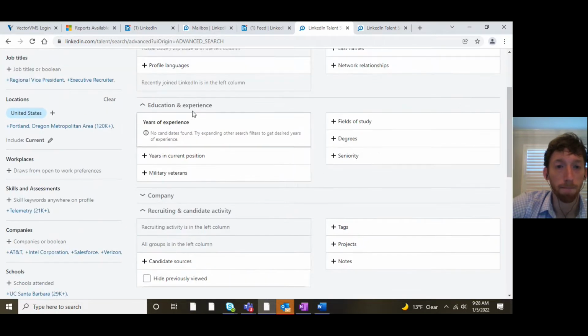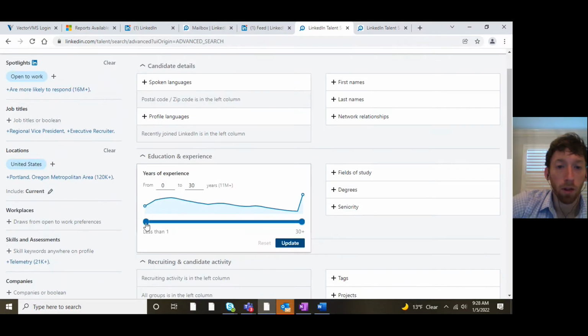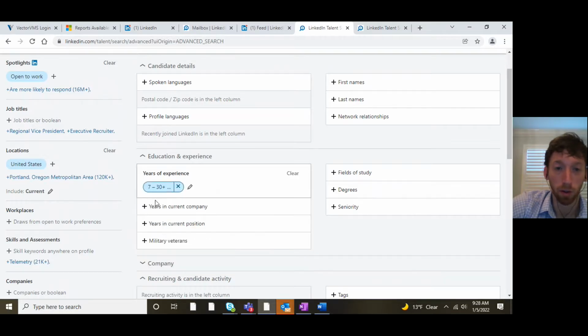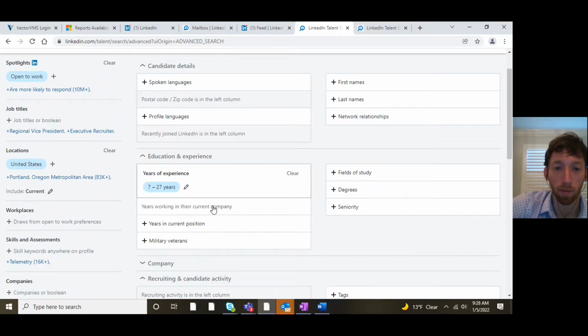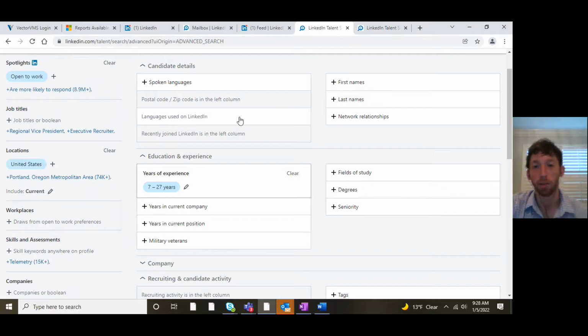Years of experience. So this allows you to look for people who again, have just a certain amount of experience. So what this will do is it's going to pull people who have at least 7 years of experience. I could pull this back, and now I've got people who have between 7 and 27 years of experience. I use this tab somewhat often. The thing I would